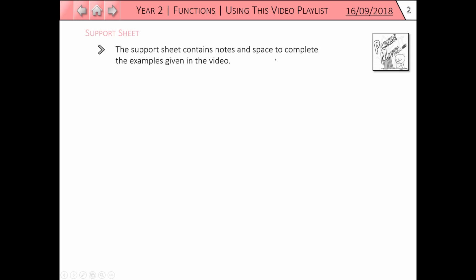To get the most out of this video, first of all, make sure you've got a copy of the support sheet. If you don't currently, pause the video and have a look in the video description and you'll find a link to be able to download it. It contains all of the notes in this video and also space to write in the answers to the example